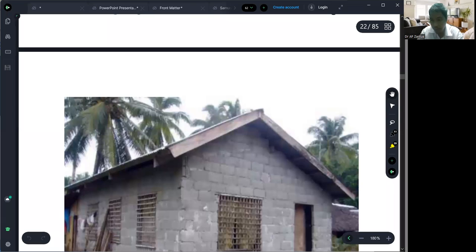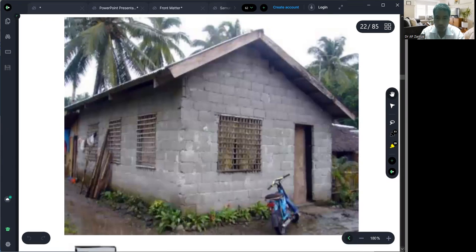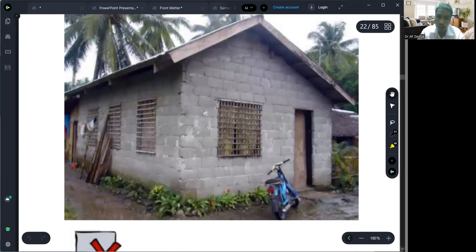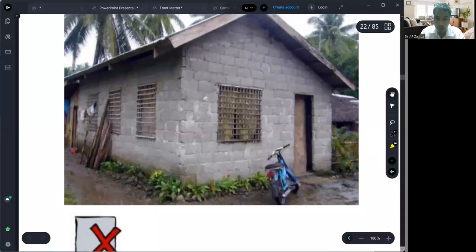So next picture, actual. This is a bad example. You cannot see a column. There is no column at the corner. There is no tie beam. There's no tie beam, okay? So there's no column, okay? So susceptible to environment. There's no tie beam on the triangular gable. So there's no support. There is no column beam. Only walls and roof. Okay? This is a bad example